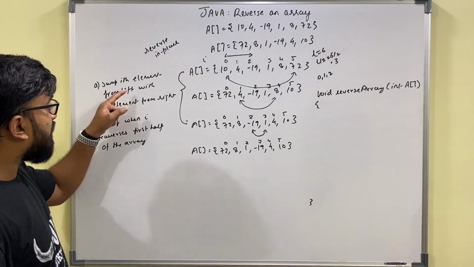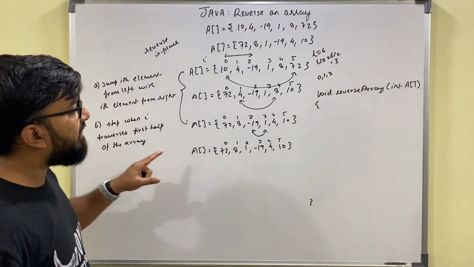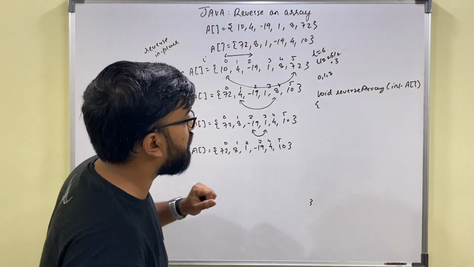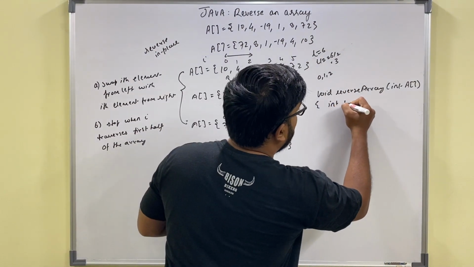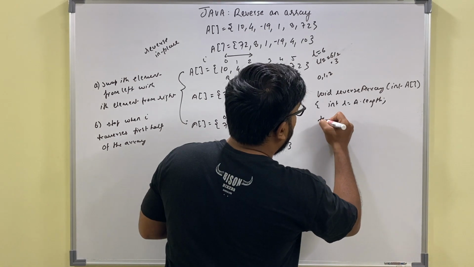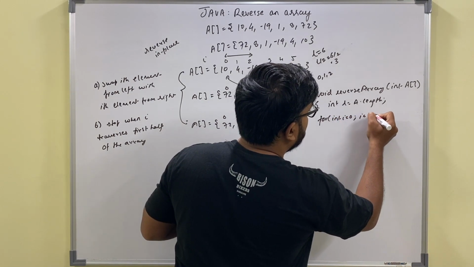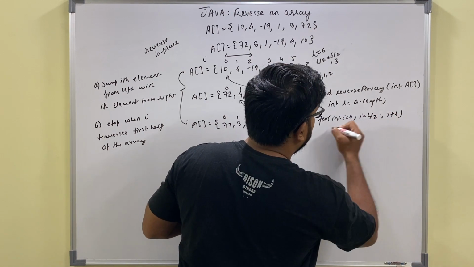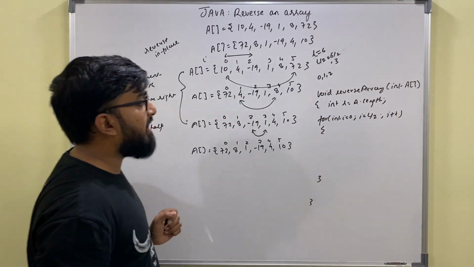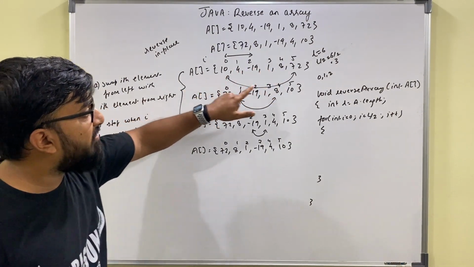So what were my steps to code? I iterate the first half of the array. So the first half of the array are values of i less than length by 2. If I take L as the length of this array, I iterate from 0 to less than length by 2. And in each iteration I have to swap the ith value from left with the ith value